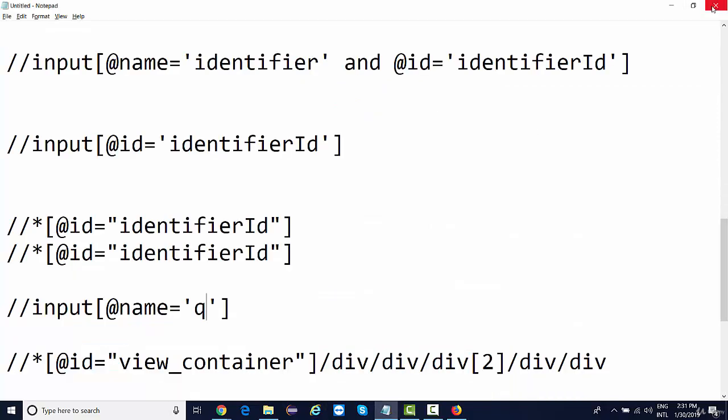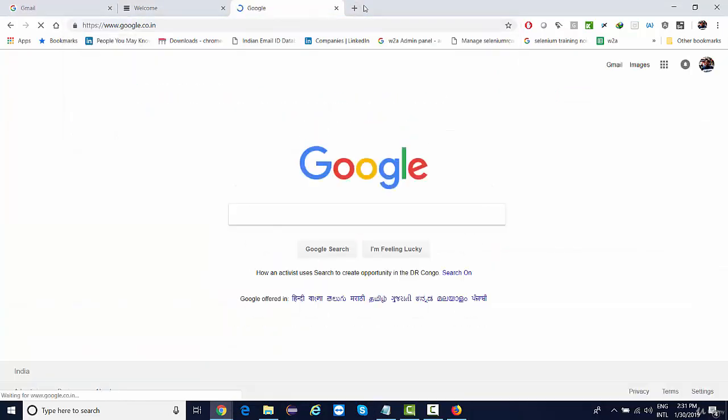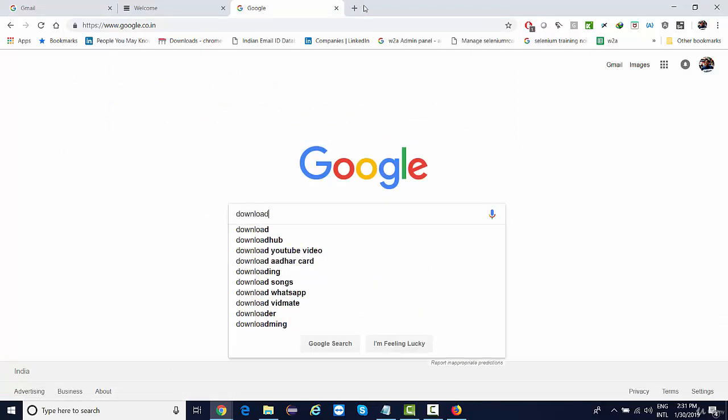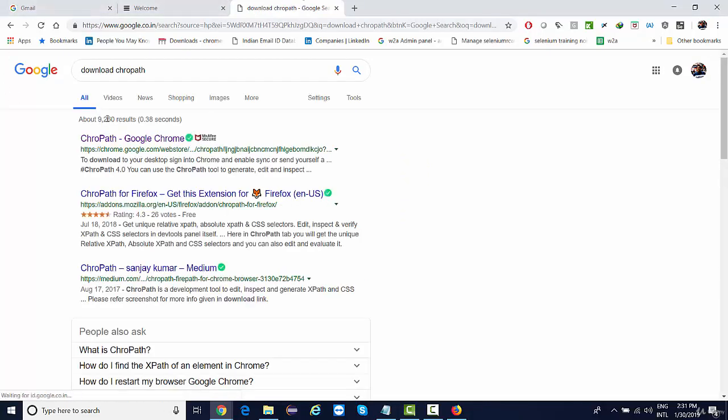Now, in case you want to add any third-party extension, there are so many extensions available. One of the popular ones is called ChroPath, which is available for Firefox as well as for Chrome. So you can simply say download ChroPath. It's an extension for Chrome, and it's available as an add-on for Firefox. So if you click on this,